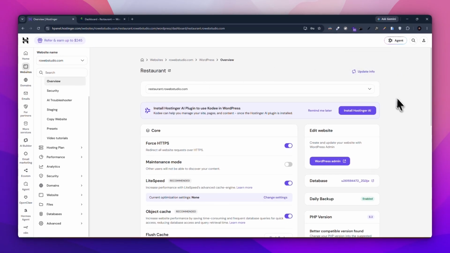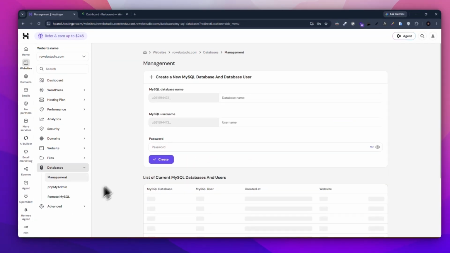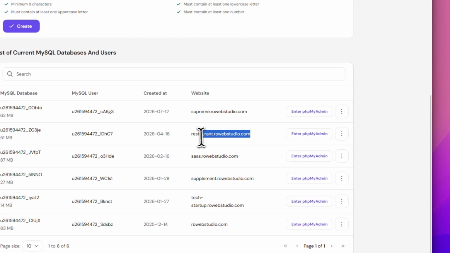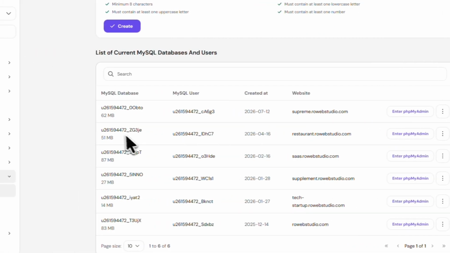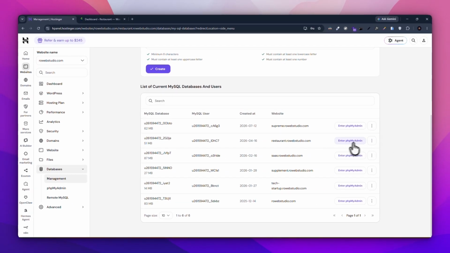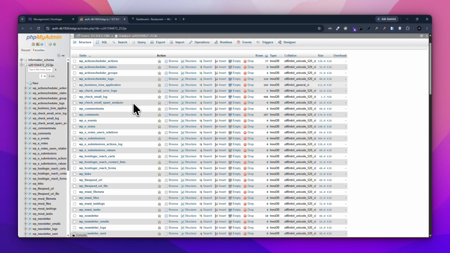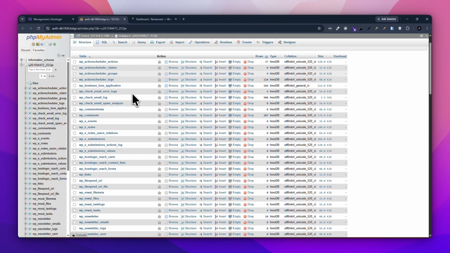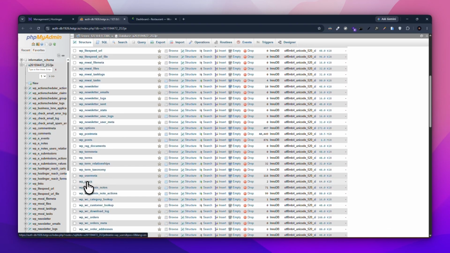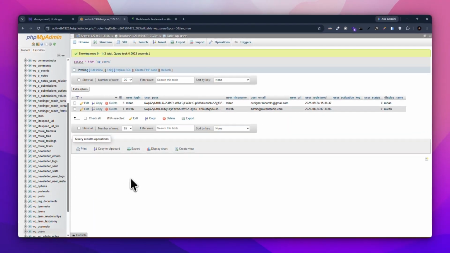I am using Hostinger phpMyAdmin. First of all, I need to go to database, and you can see this is my subdomain and this is the database name. So just select phpMyAdmin and find UP users. You can see UP users,